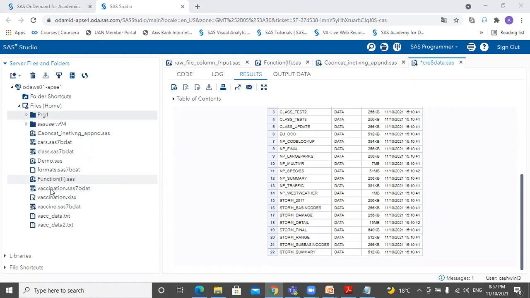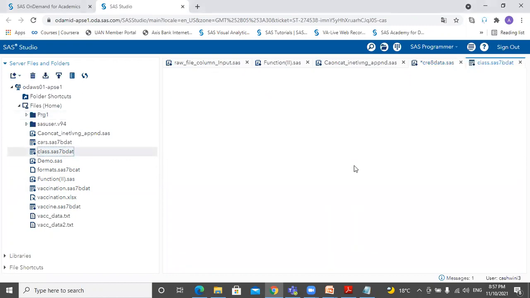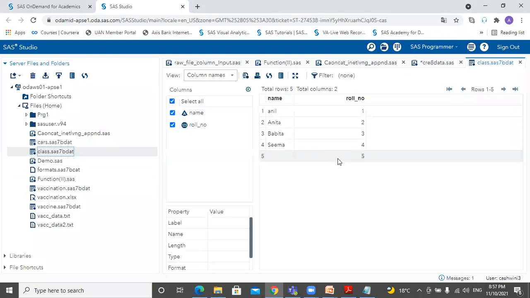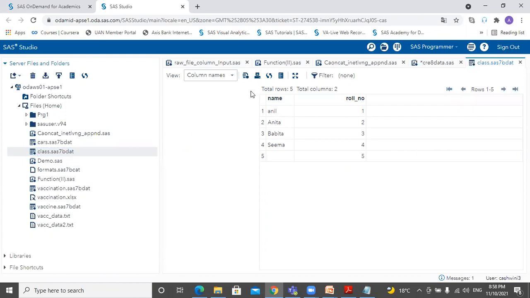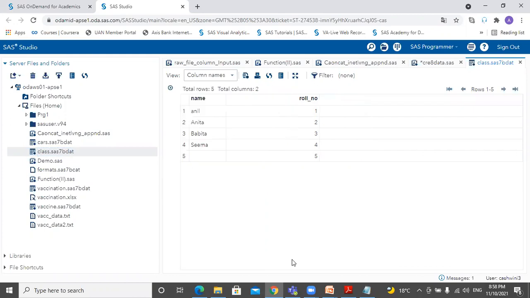So this is your SAS code file, whereas the extension .sas7bdat we term as SAS dataset. And a SAS dataset is a structured table. Only thing is, because it is in SAS, we term it as a SAS file or SAS dataset. It has a structured table with rows and columns, same as your Excel.